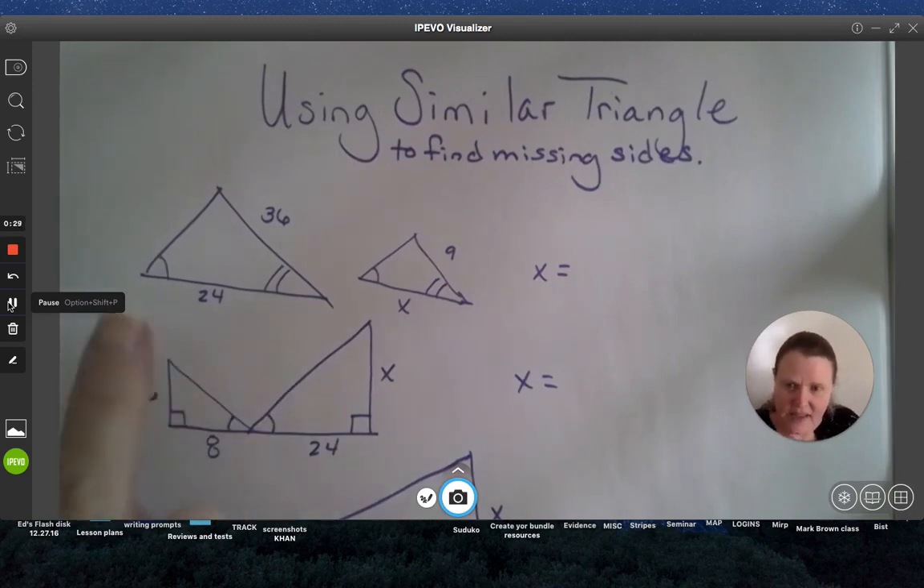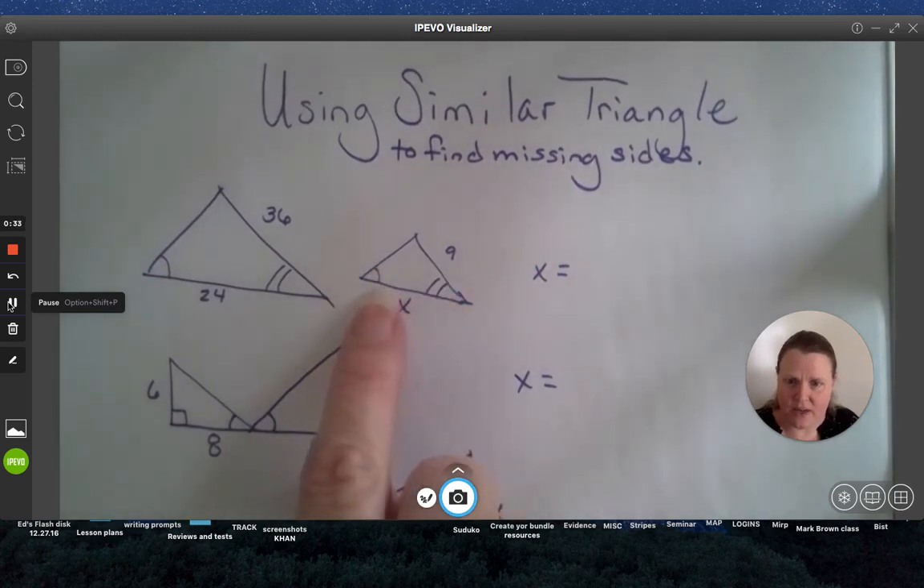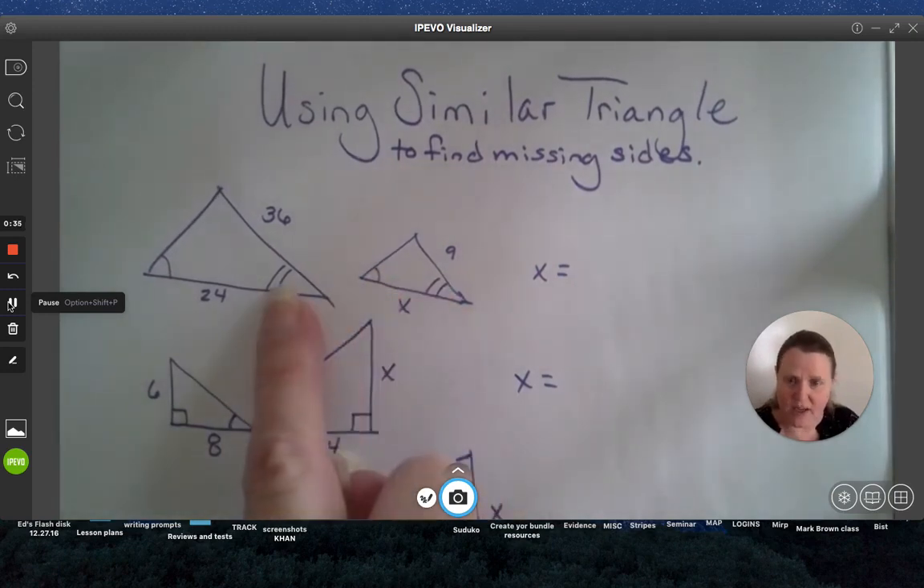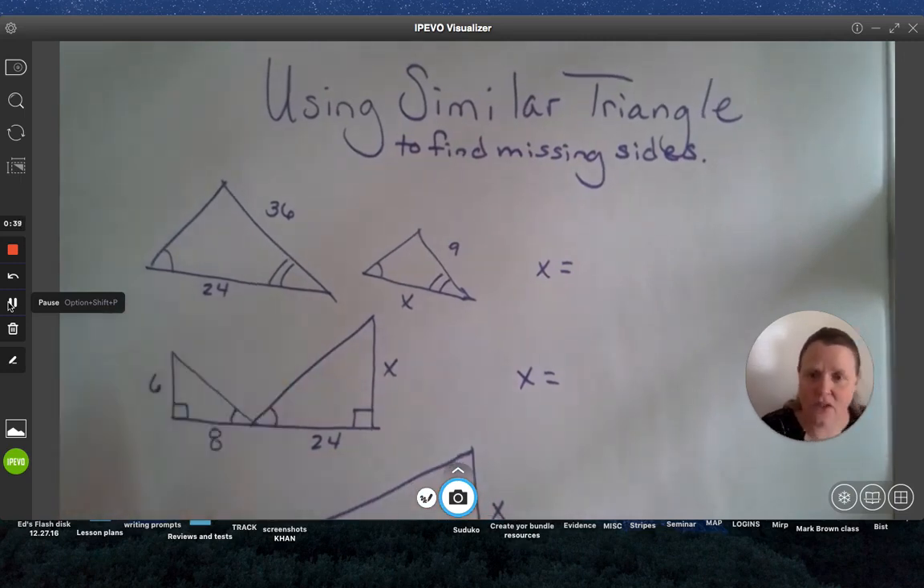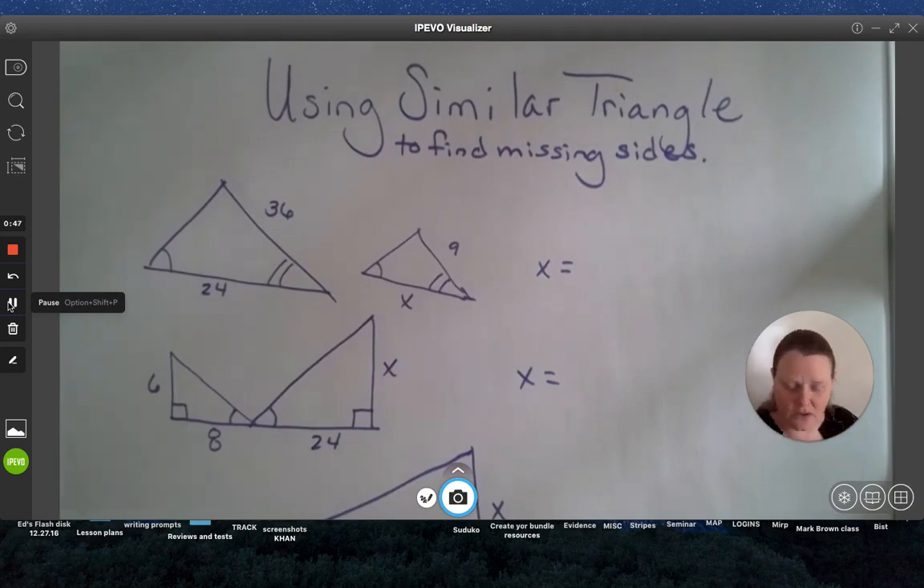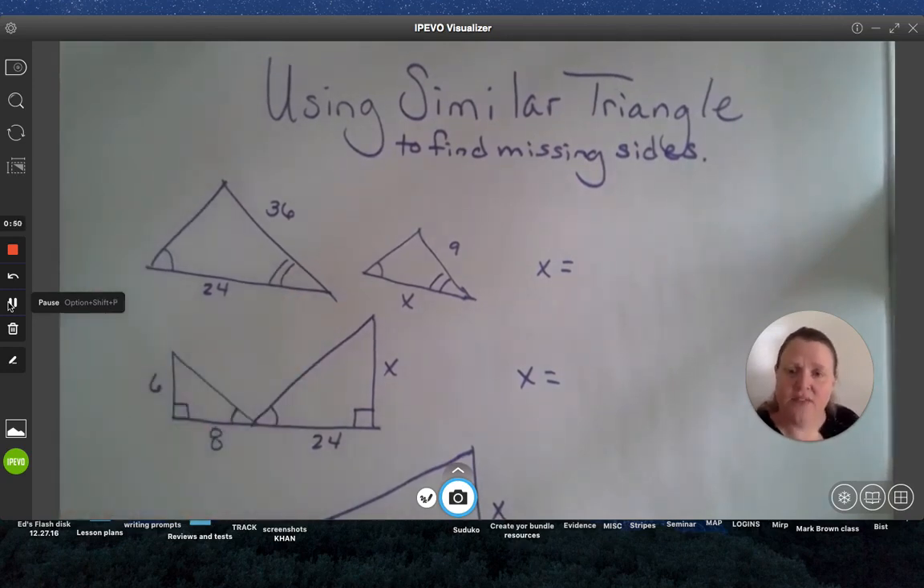So you can see I have a single arc right here, and it matches this single arc right here. And I have a double mark here and a double arc here, which means that if two angles are equal, then the third one has to be equal because they have to add up to 180. So these are automatically going to be considered similar triangles. I just wanted to prove it to you from the angle measure marks that that is what's happening,